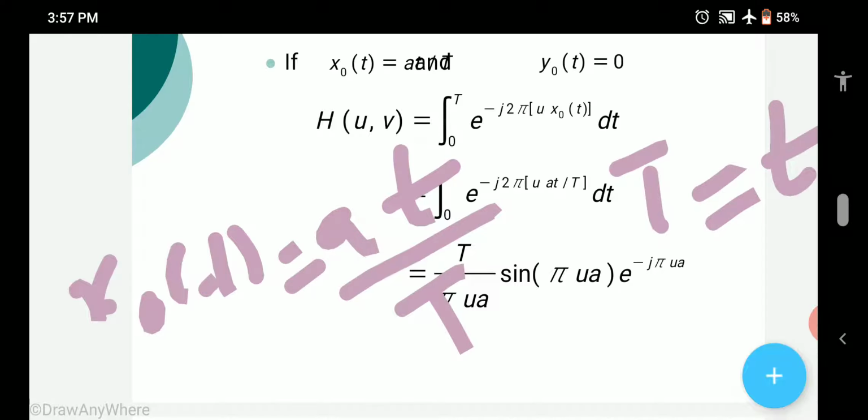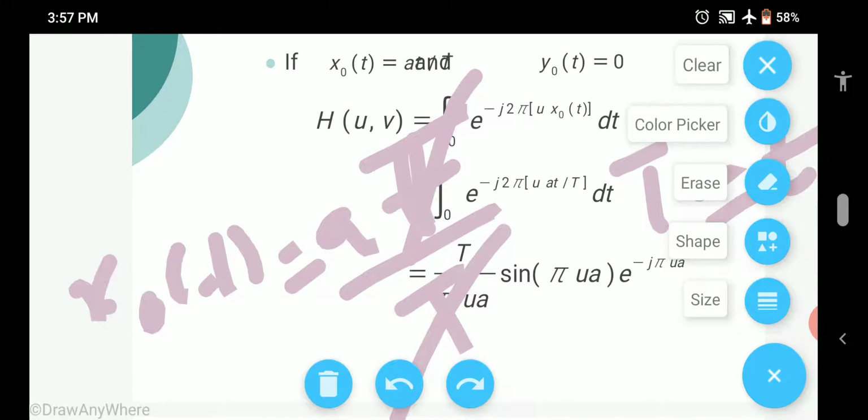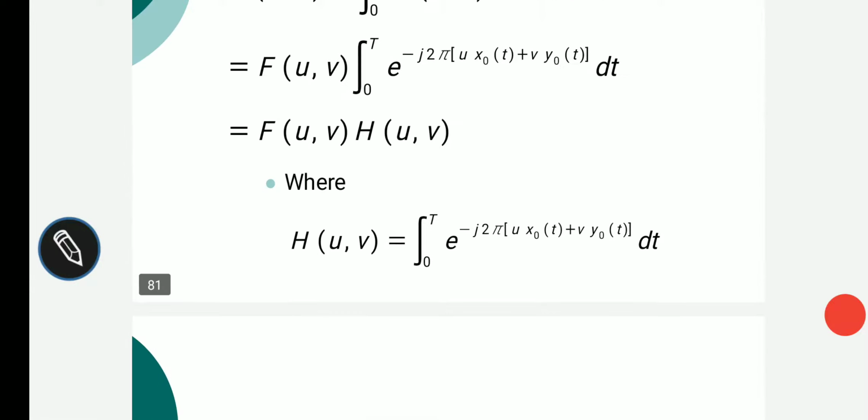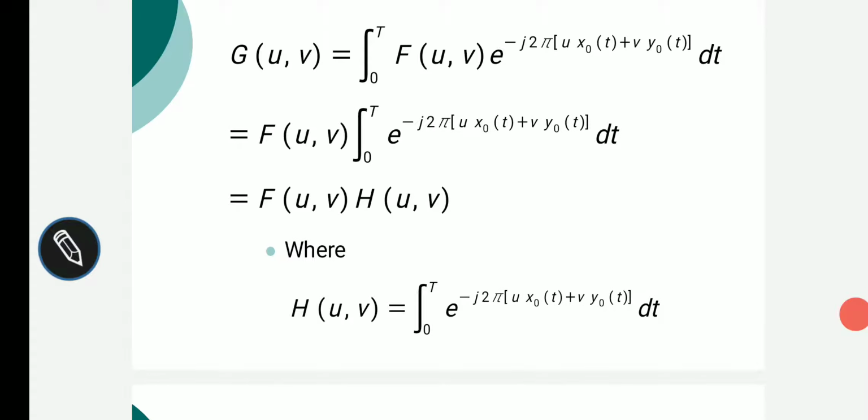Substituting capital T here, we get a displacement of A. In the expression for h of u comma v, if you substitute y naught of t as 0 and x naught of t as at by T, we get